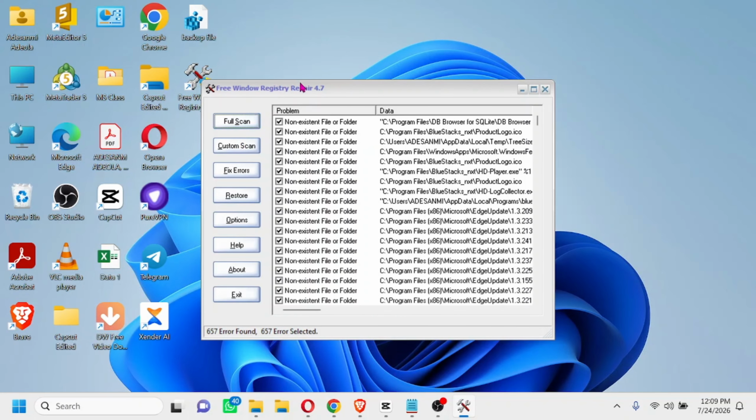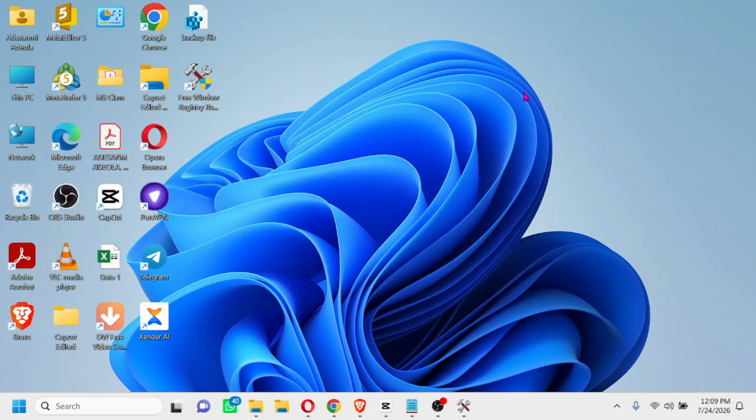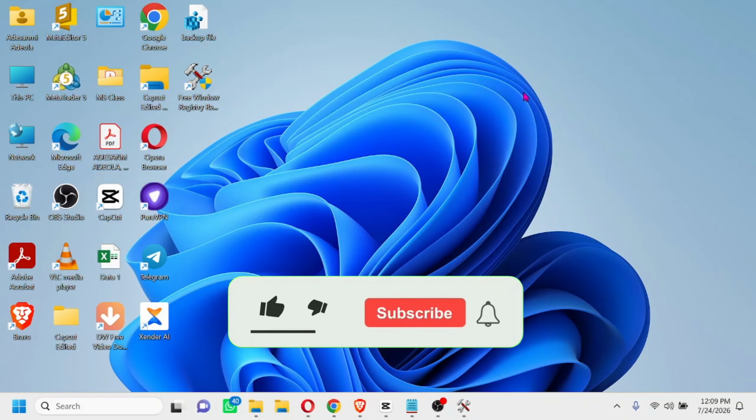Now that you have fully scanned your system like this, click on this button, fix errors now. So if there is any error on your device, by clicking on this button, it's going to fix it. So guys, you've been able to restore and repair your Windows registry